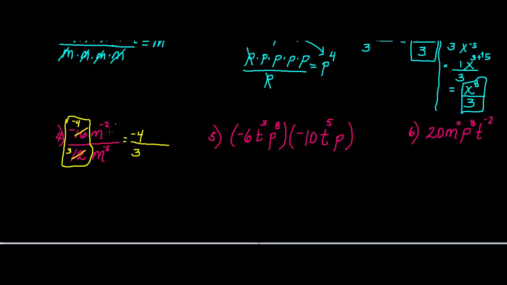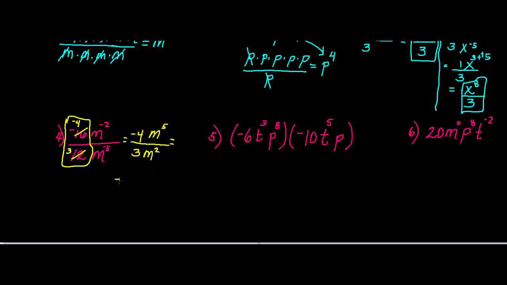Now let's work with the variables. Two things you could do here, and we're going to do both. Anytime I see a negative exponent, I take the variable and I switch their position so that it becomes positive. So m to the negative 2 power, I can bring it downstairs and make the exponent positive. In the denominator, I have m to the negative 5th power. That means I need to change the position and bring it to the numerator so that it becomes a positive exponent. There it is. Once I do that, now I can use the quotient of powers rule, which says that